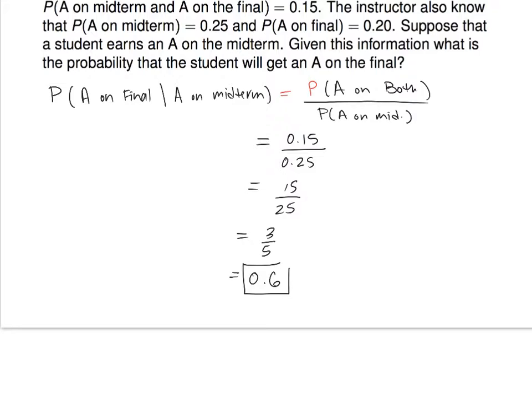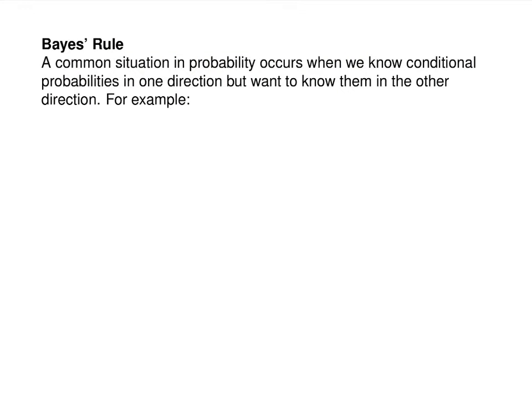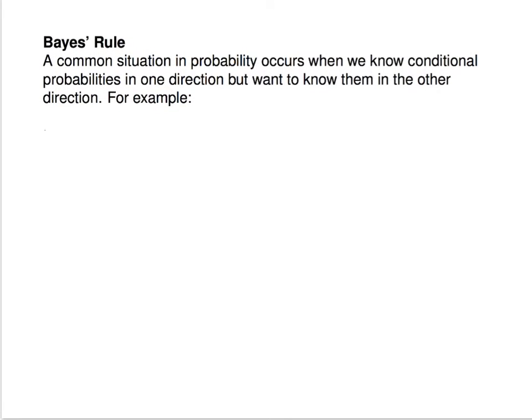So all of that's kind of stuff we already did. The next one's going to be a little bit different. This is called Bayes' rule. A common situation in probability occurs when you know a conditional probability in one direction, but you want to know it in the other. Like the example that we had, you may know